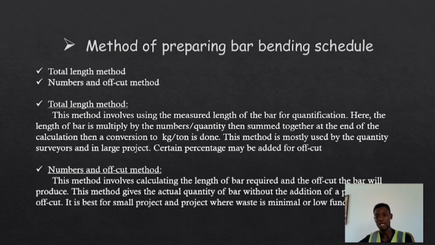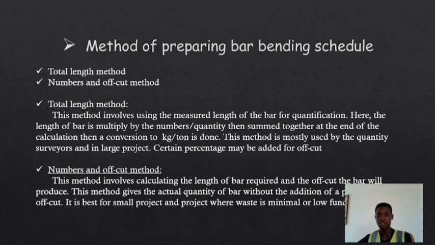Now, in a large project, you just add a certain percentage for off-cut, and this percentage is not certain to be the actual. You might be getting more, or you might be getting less. If it is a large project, you know that if you are getting less,